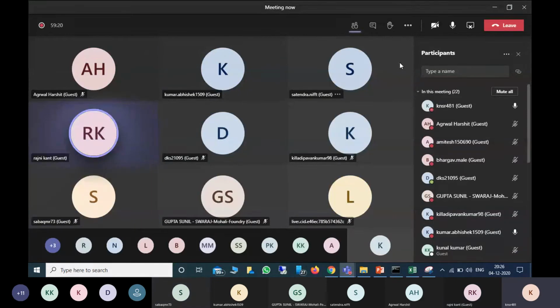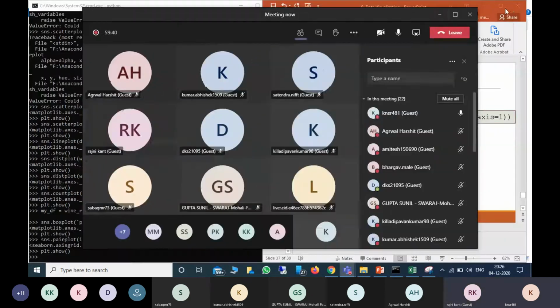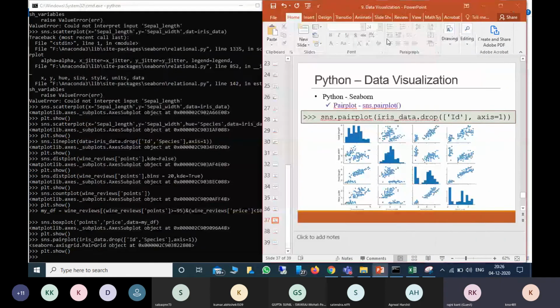If no one has any doubts till now about data visualization. Sir, what will be the code for that picture, the cat picture we have used?